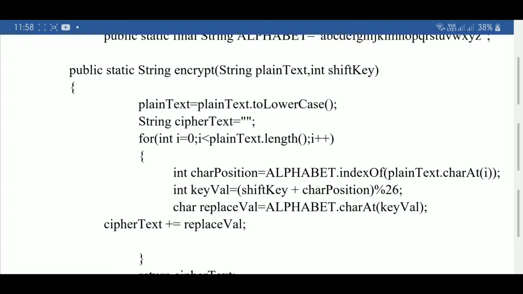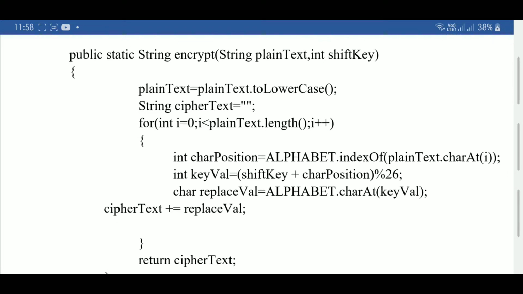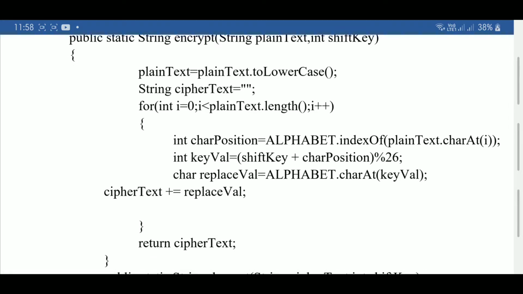Here is public static String encrypt. This particular function is for encryption of data, and we have taken two inputs here: String plainText and int shiftKey. We will convert plain text to lowercase, and declare String cipherText as empty.